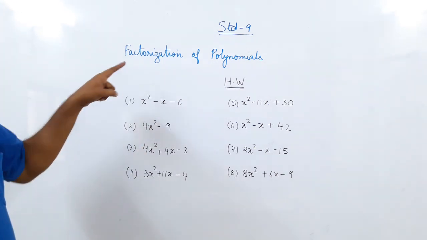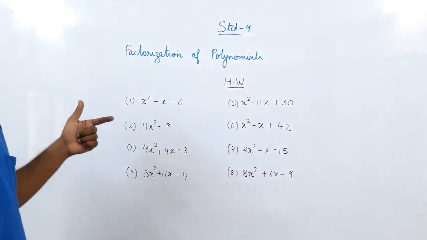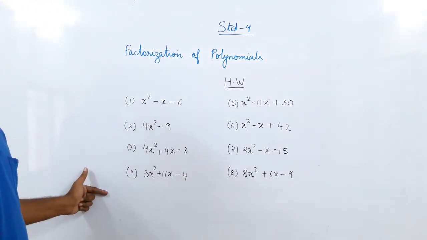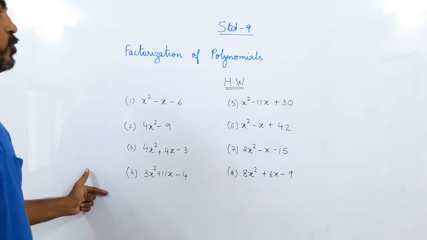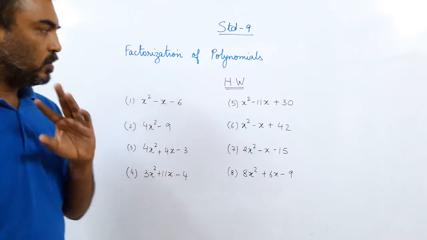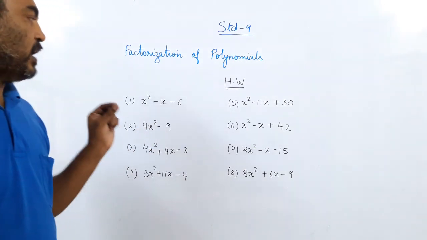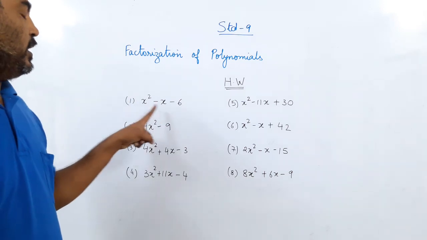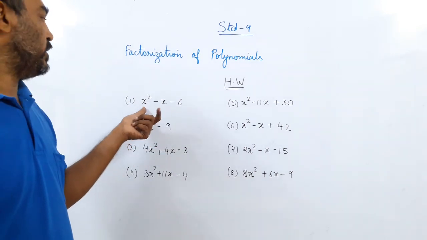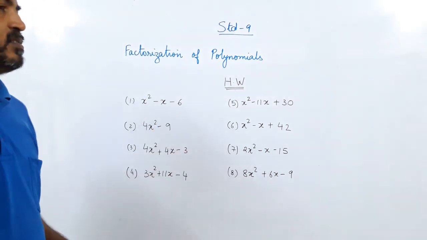So again I am telling you, this time we have to do the cubic polynomials, but before we go to the method, the quadratic equations are very important. So the first thing you have to do is learn to solve this. So I have done 2 sums for you. Rewind the video, see the method, understand the method. Again, I will tell you what is the method. A into C. First we will do, so A is 1, C is minus 6. So A into C is minus 6.